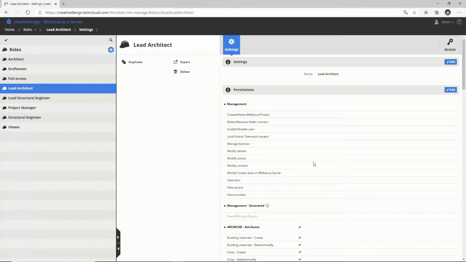The name of these groups and each of these permissions can be edited by clicking on the Edit button next to that section of settings. To create a completely new role, click on the plus icon. These roles really fall under two categories: management roles, which allow a user to sign into the BIMcloud Manager interface,